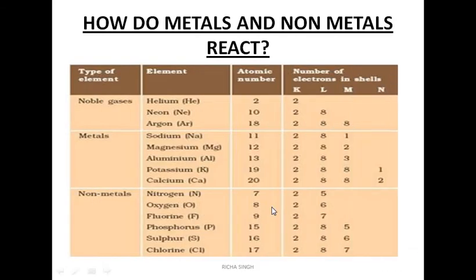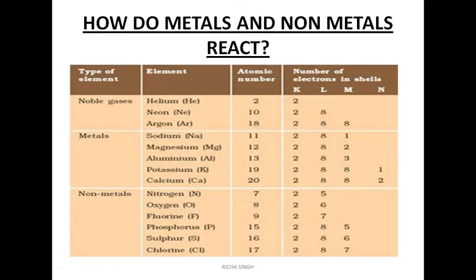Now next topic is how do metals and non-metals react with each other. So before discussing that, I would like you to see these elements and their atomic number and electronic configuration. If we talk about noble gases, you can see helium, neon and argon. They are having 2, 8 and 2, 8, 8